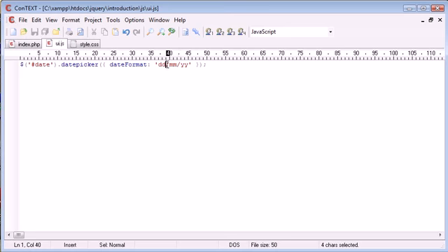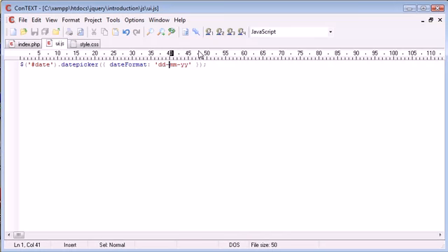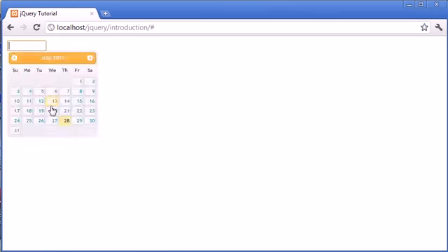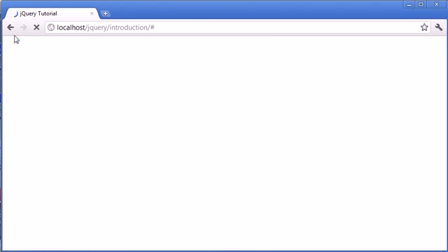Now you don't just need to use slashes, you can go ahead and implement hyphens into this as well, also depending on how you wanted the date to be shown. So you can now see that we've got hyphens instead of slashes. You could obviously even then go ahead and do just spaces, for example. And this would work in exactly the same way. However, usually with databases, database tables, you would submit a date with slashes. It's entirely